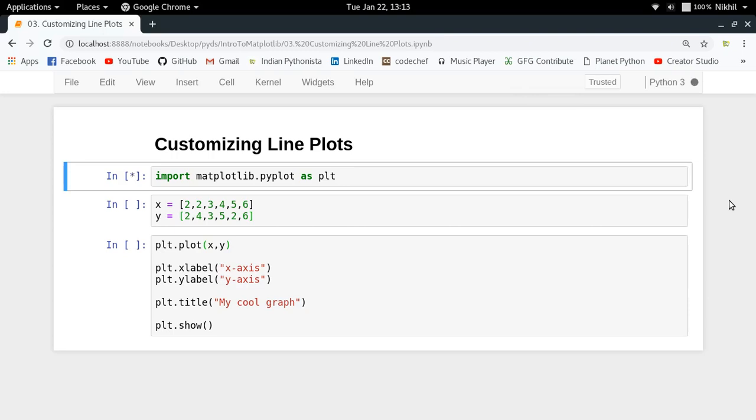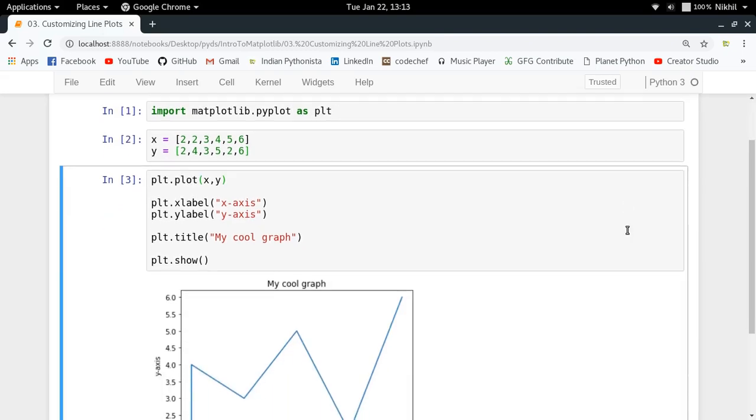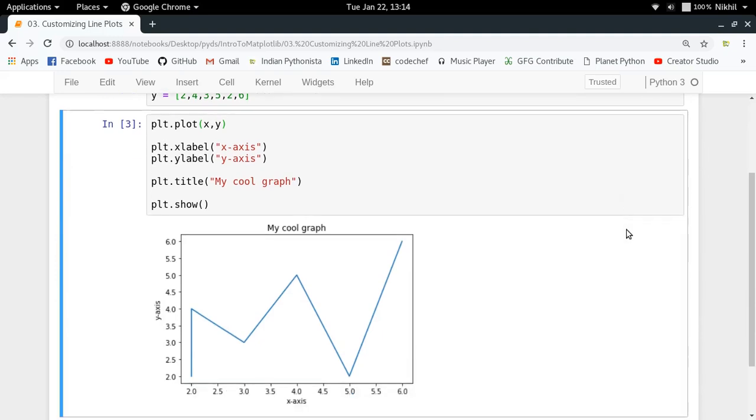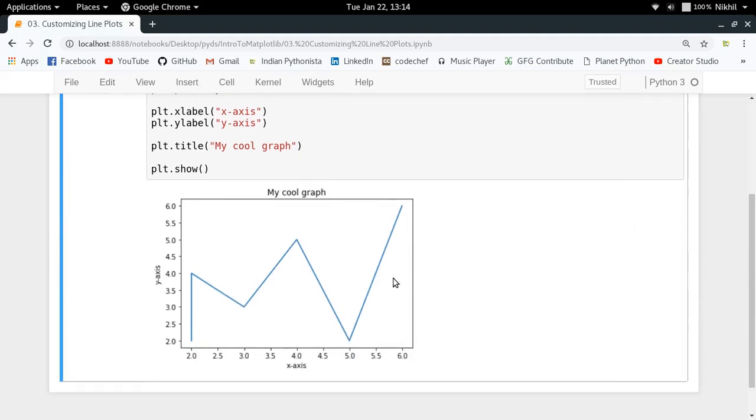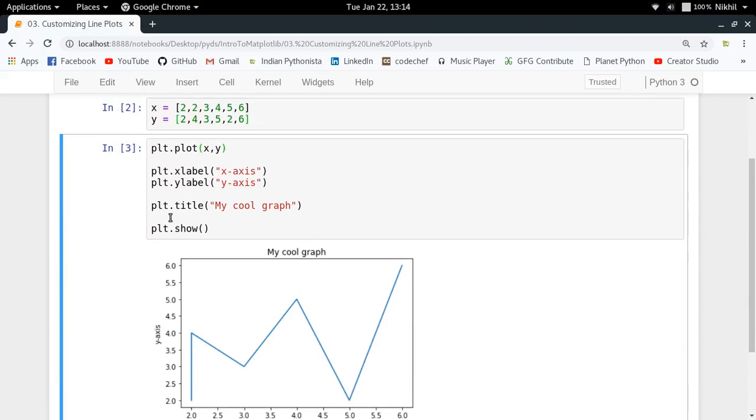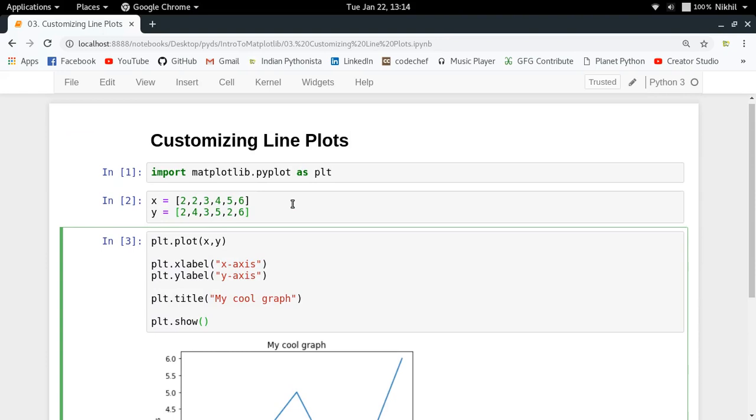So if I just take a look at the code that I have already written here, I will get the same plot that I introduced you to in the last video. So this is a very plain and simple line plot in which I've just specified the points to plot and the x-axis and the y-axis label values and the title, and then just showing the plot, right? So this is the thing that we have already studied in the last video, and now it's time to customize